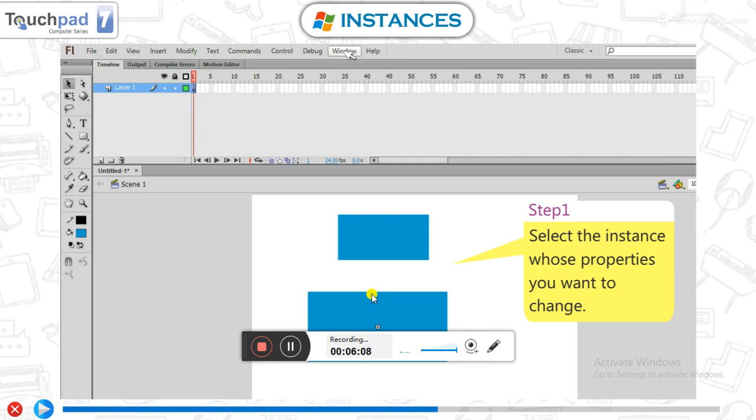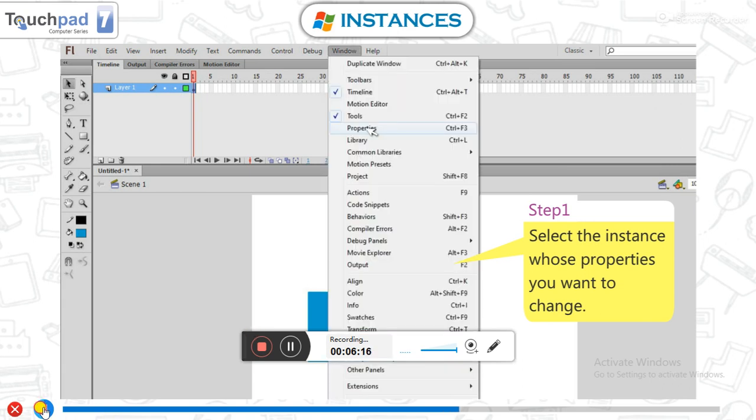After selecting, go to the window menu and select property.